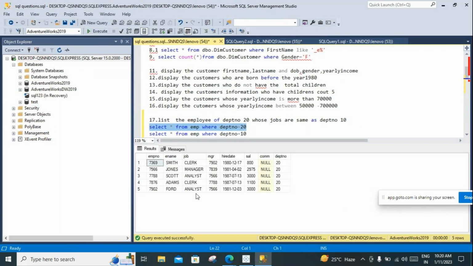Totally how many records do we want to get? Three records need to be in the output. So how can we get it? What I will do is simple. I'm taking this out. I want to check the jobs in department number 10. Who are the employees having jobs in department number 10? Only those guys I want to get. So that's why what I'm taking is only